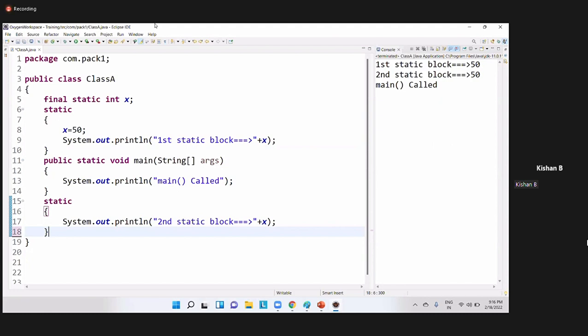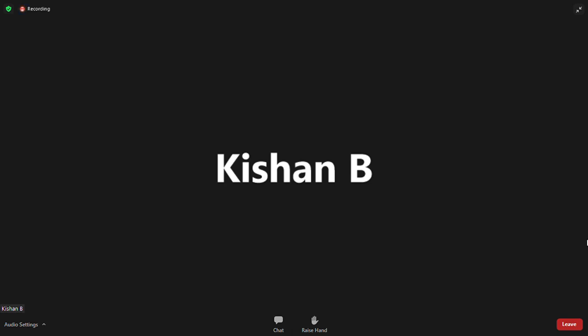All right, guys, we can write any number of static blocks. And there is one more small point regarding the static concept. We'll try to discuss that point in tomorrow's session. And guys, whatever points I have written in the Paint, I have already uploaded them in our Google Classroom. Kindly please